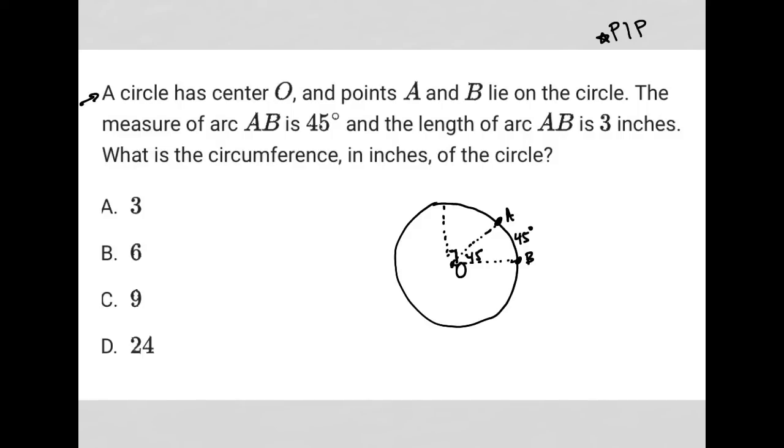So the measure of arc AB is 45 degrees, and the length of arc AB is 3 inches. So this is also 3 inches as well as being 45 degrees. What is the circumference in inches of the circle? Oh, right. Well, what I know is that the circumference is equal to 2 pi r. I know that the arc length